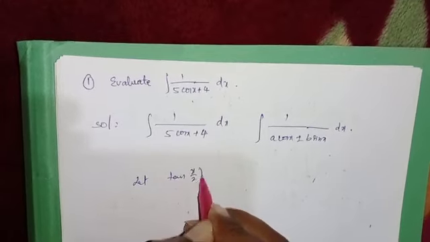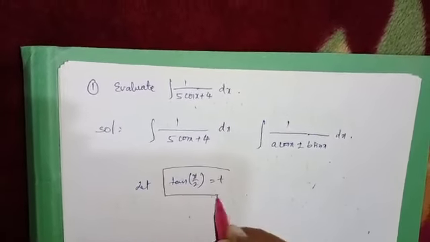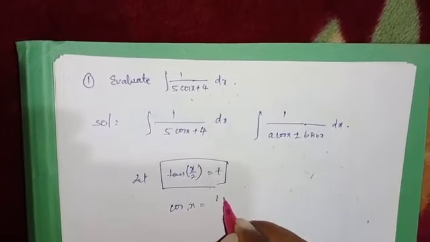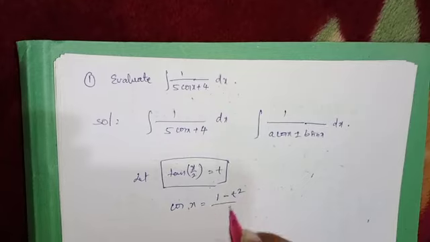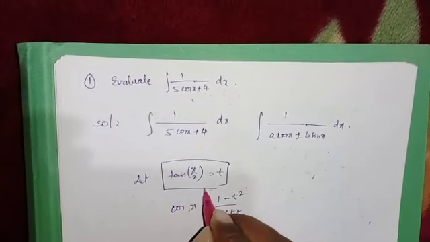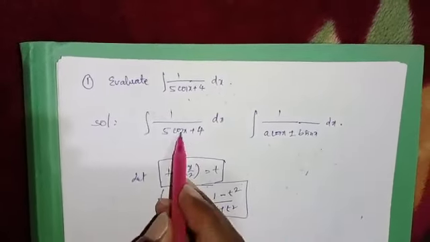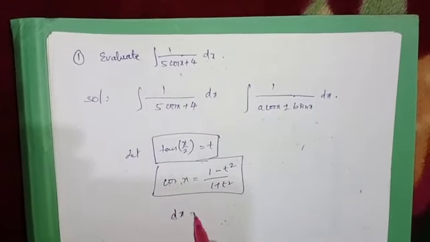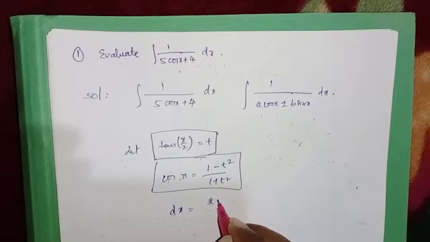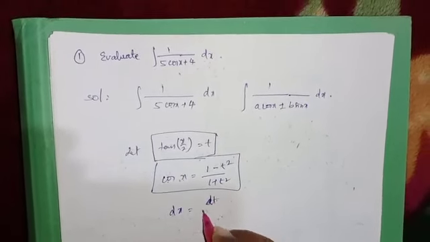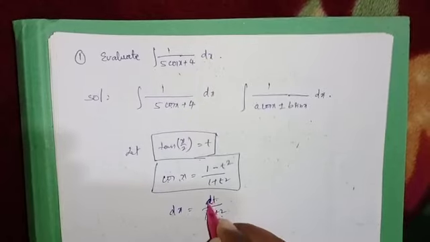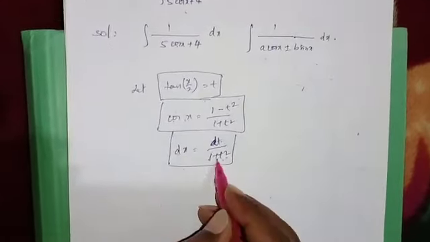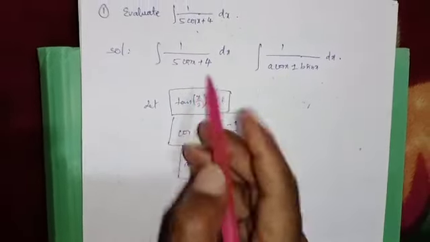tan x by 2 is equal to t. The next, cos x is equal to 1 minus t square by 1 plus t square. Here is cos, that's why we are considering cos x. So next, dx is equal to 2 dt by 1 plus t square. See, first of all, consider